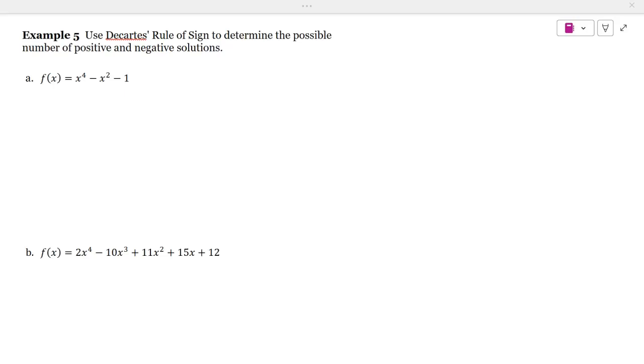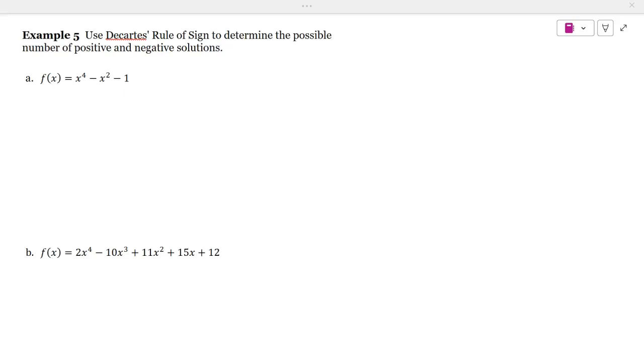In example 5, we're going to use Descartes' rule of signs to determine the possible number of positive and negative zeros. We saw in the last video that when we're trying to look for the possible rational zeros, there can be quite a few options depending on what the numbers are for the constant term and the leading coefficient. And so if we can have a way to minimize the number of possibilities, that helps us find zeros